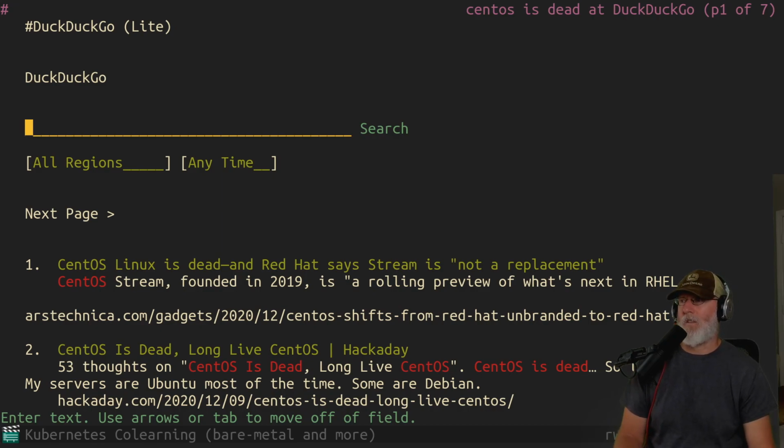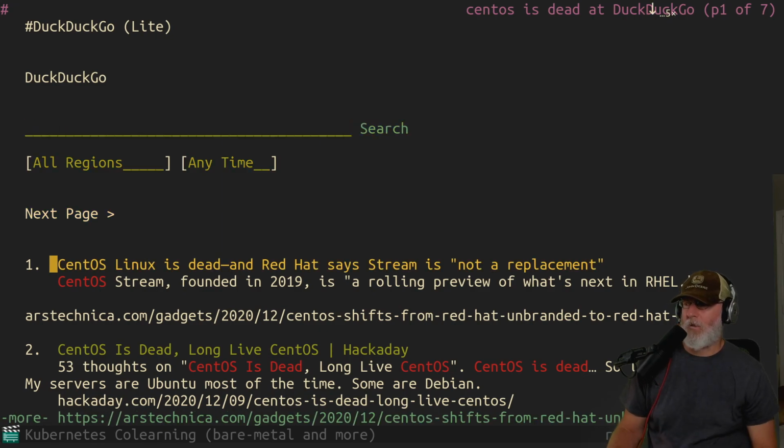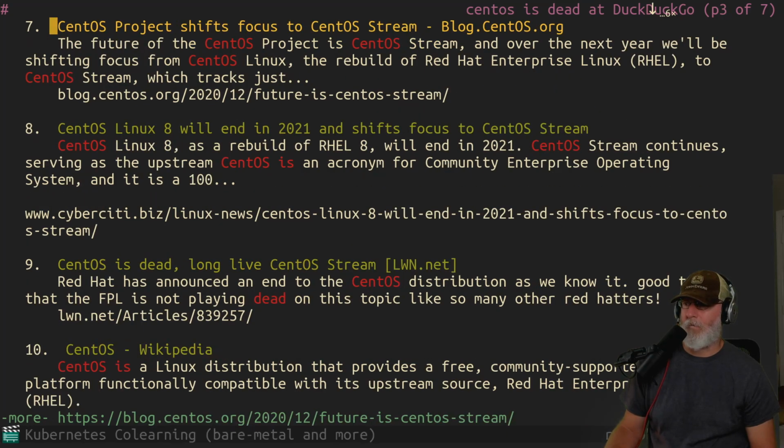Is ClearOS the new version of OpenSolaris? I feel ashamed. I don't know that. I should know that. Oracle Linux, yeah, that's the one. What's the Amazon one though? CentOS is dead. Stream is not a replacement. ClearOS is Red Hat. Is that the one that was kind of replacing it? I guess not. I don't know. I'm trying to decide.